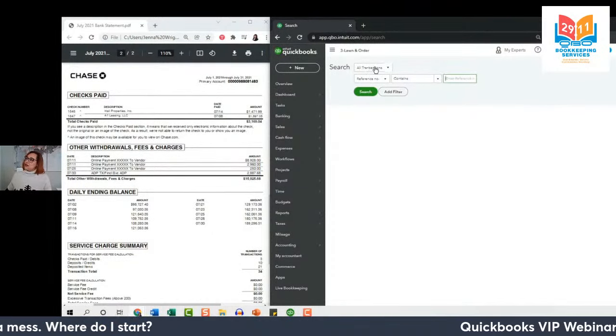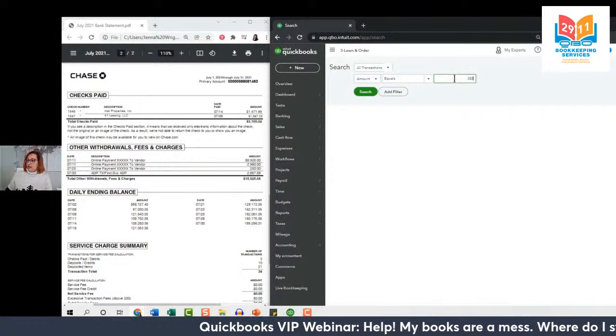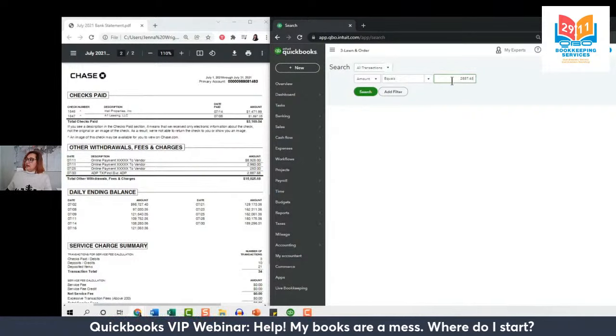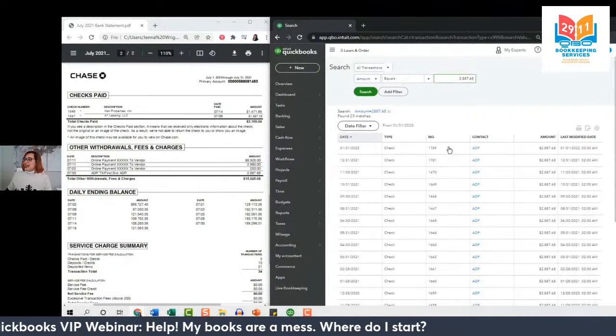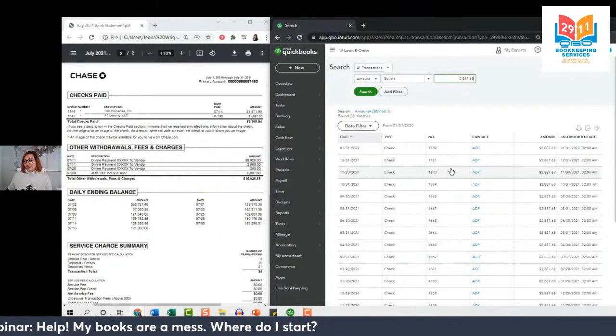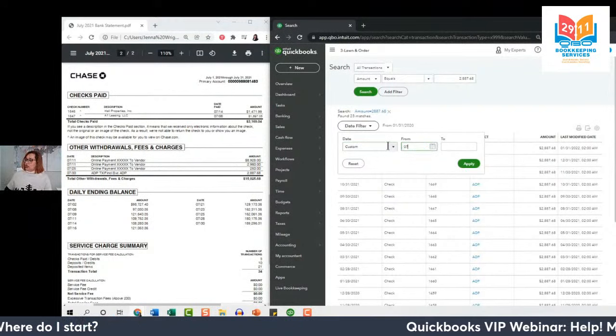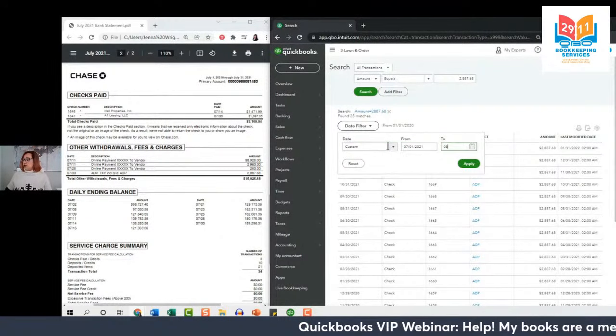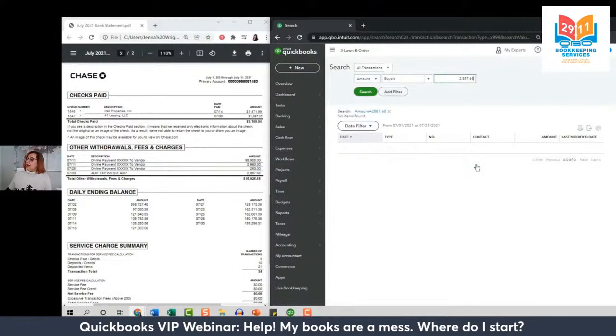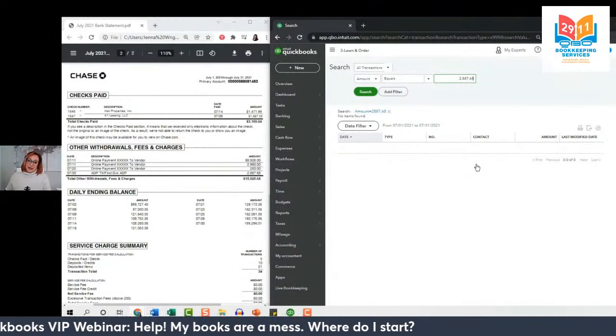Let's search all transactions and change this to search by amount. Let's say 2887.68. But when we select that, we can see we've got a lot of transactions in this amount. So we also want to add a date filter. Let's say July 1st of 2021 through July 31st of 2021. And when we click apply, nothing's found.